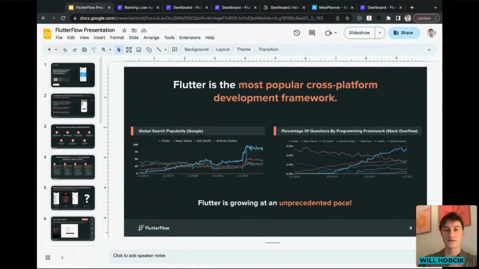Okay, so that said, now I'll quickly jump into a few demos. Now, this is pretty unique for me because I actually joined the FlutterFlow team after building applications in FlutterFlow and being a FlutterFlow power user, right?